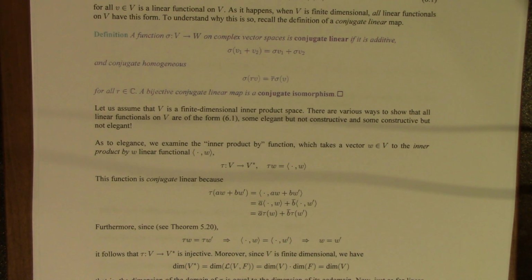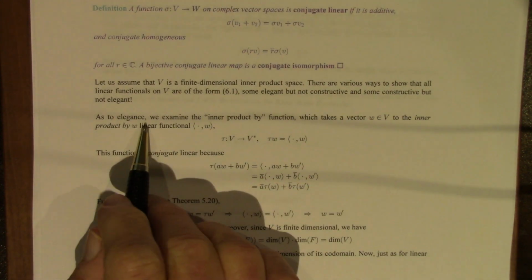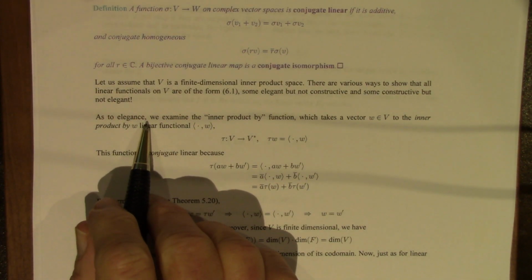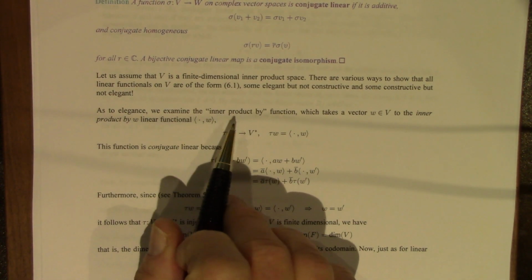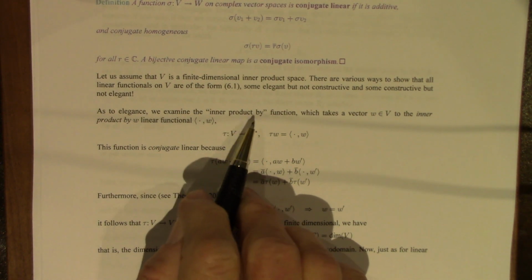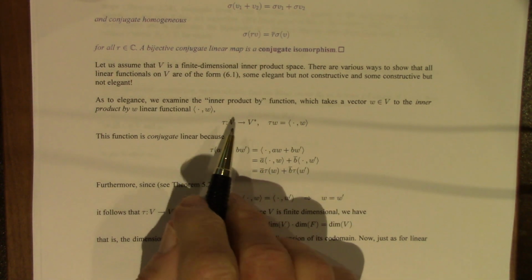Some are more constructive, but not as elegant. So we'll look at several. Perhaps the most elegant approach is the following. We can examine the inner product by function. And in words, I call that